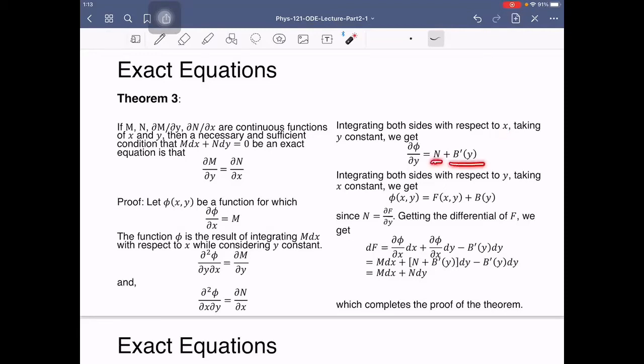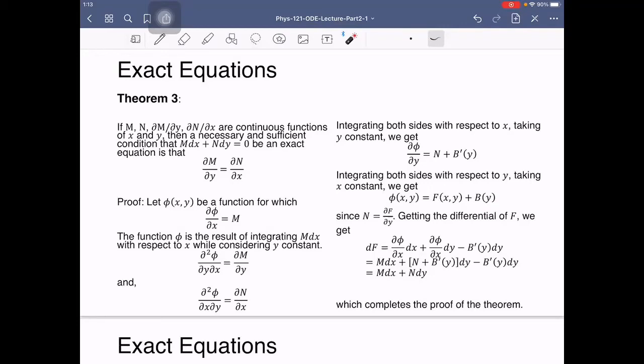And then plus some function b prime of y. So this is just the derivative, di ba? So ganun yung mangyayari. So integrating both sides with respect to y naman, we have to take yung x as a constant, and we can get, ito pa rin yun, tutuloy lang natin. We now have phi of xy is equal to f of xy plus by, and